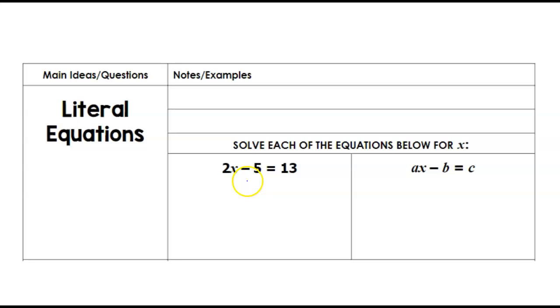So I'm going to get rid of the subtraction first by adding 5 to both sides, right? And when I do that, the 5's cancel, and I get 2x equals 18. The next step, again, is inverse operations. If I'm multiplying by 2, I'm going to do the inverse of that. I'll divide both sides by 2. So x equals 18 divided by 2, which is